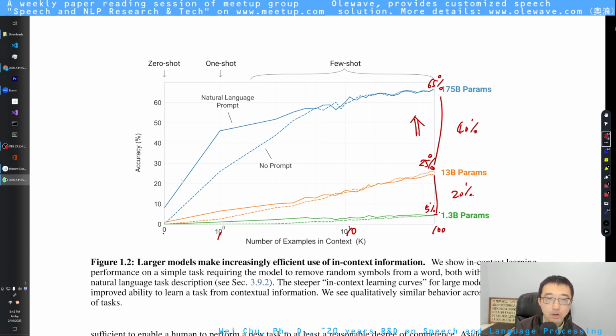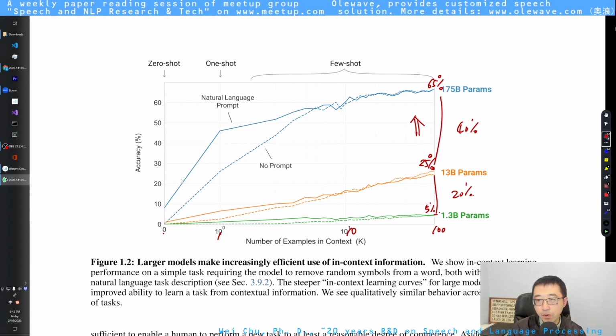The second shocking thing, or striking thing, is the prompt versus no prompt. You can see when the model size is small, having a prompt or not doesn't make much difference under zero-shot, one-shot, or few-shot cases.